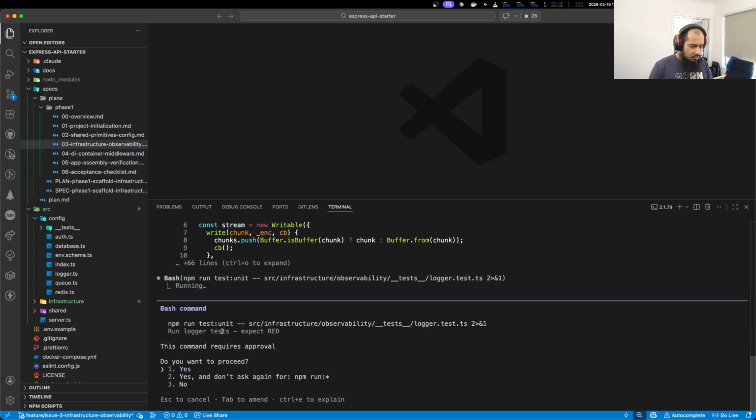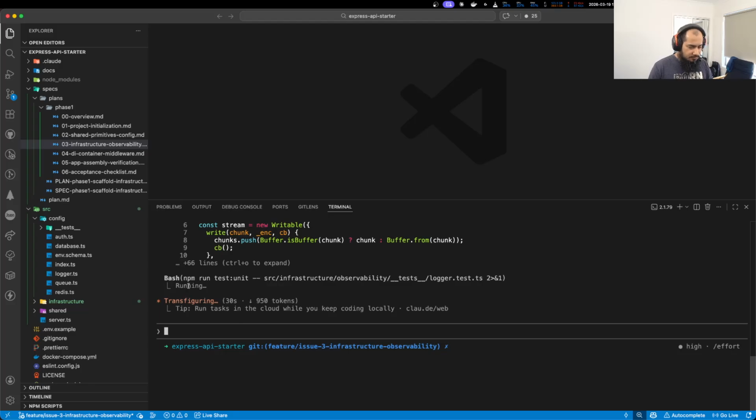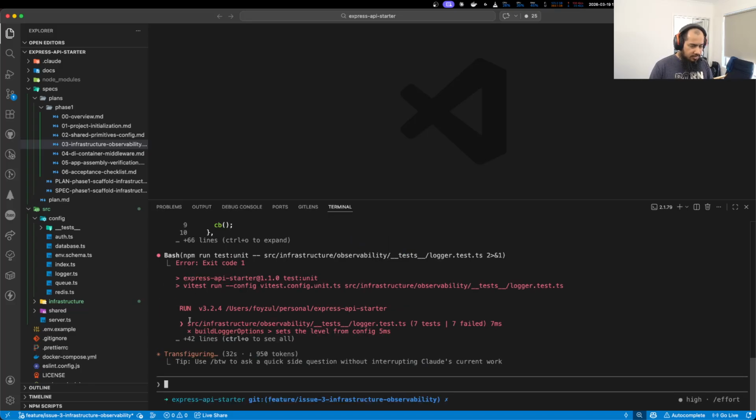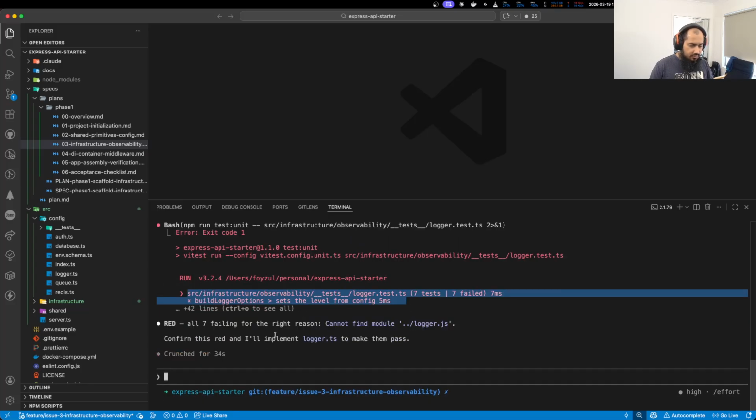Now it tries to run the test. It runs the test and it is failing. So yeah, now I'll implement the logger to make them pass.